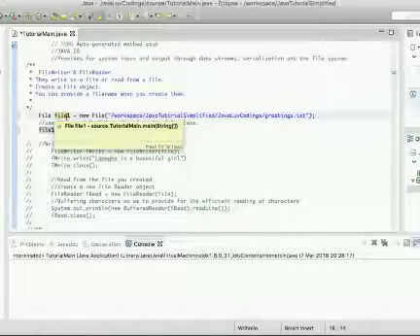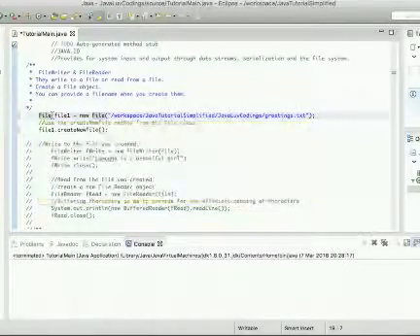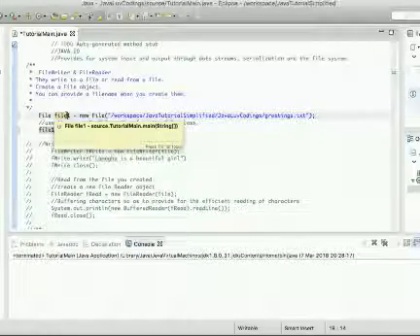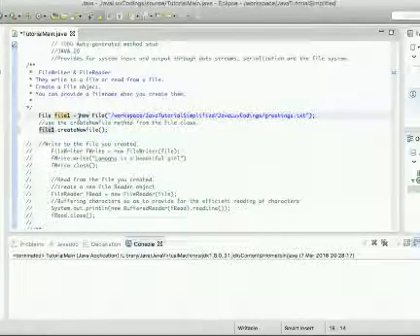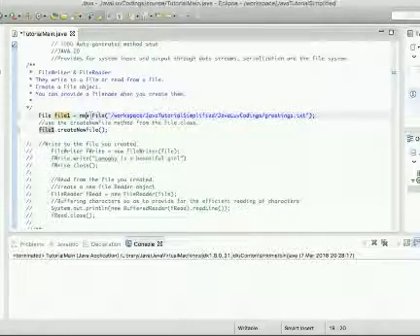Just as you have different variable types, now it's a File type, right? For that object that we're using, we've given it an identifier, file1, to identify the object we're creating, and we say new, create a new instance for me of that file,